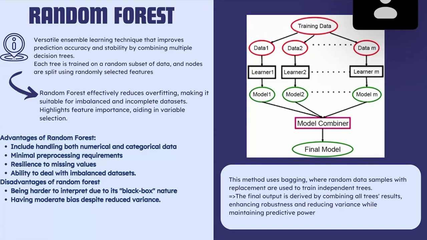Now we're going to talk about why accuracy alone isn't enough. Accuracy tells you how often the model's predictions are correct. It doesn't tell you the full story. If your dataset is imbalanced, a model could be very good at predicting the majority class, but fail to predict the minority class correctly. This can lead to misleading